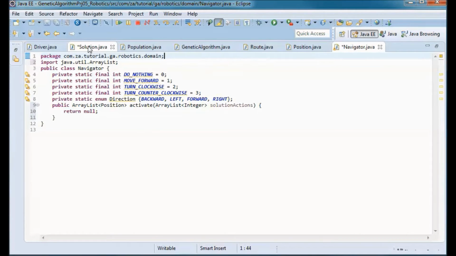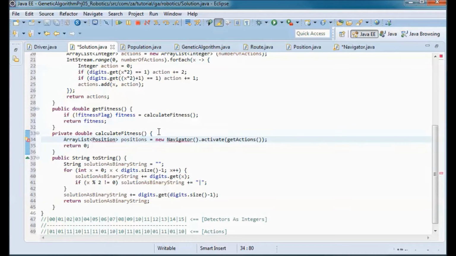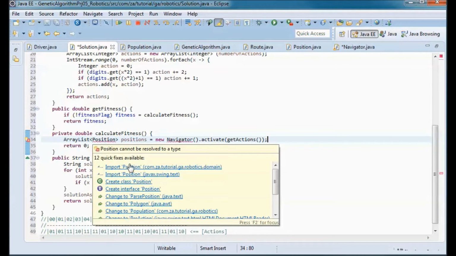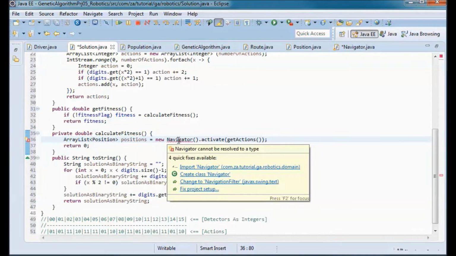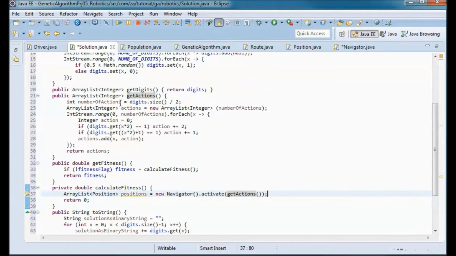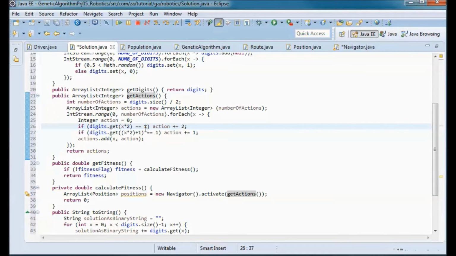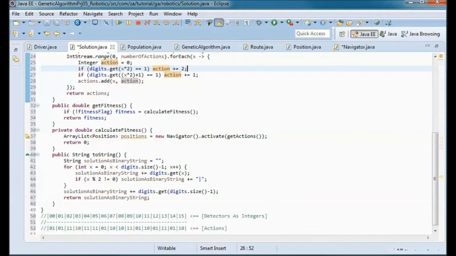So let me go back to the solution class, and here in calculate fitness we will be calling navigator. So a new instance of navigator will be calling the activate method on it and passing in the actions, calling the get actions method that would return the actions for this solution instance.